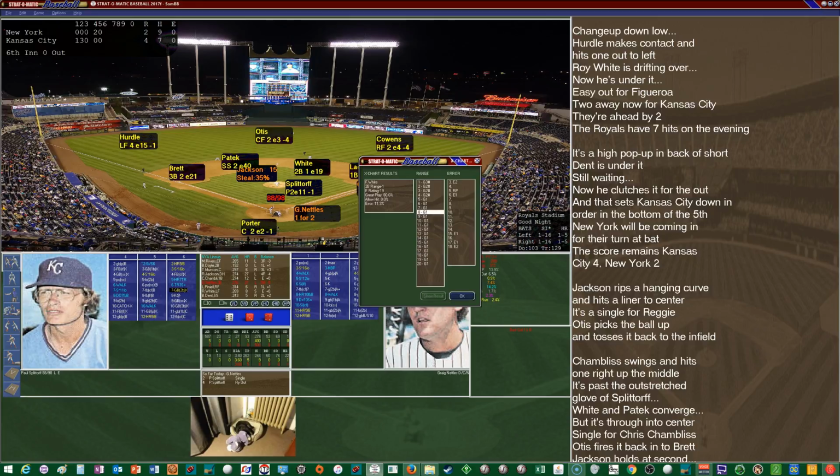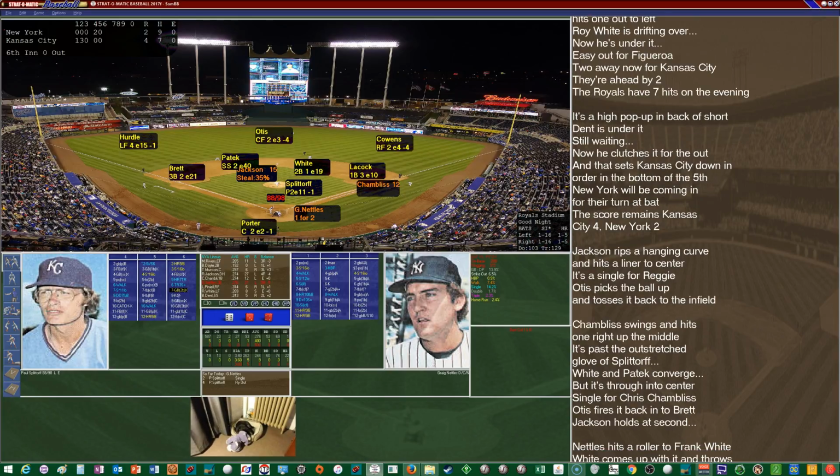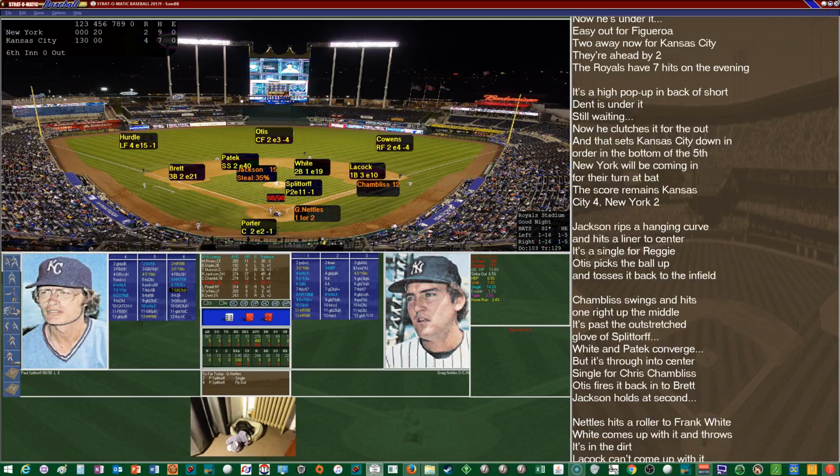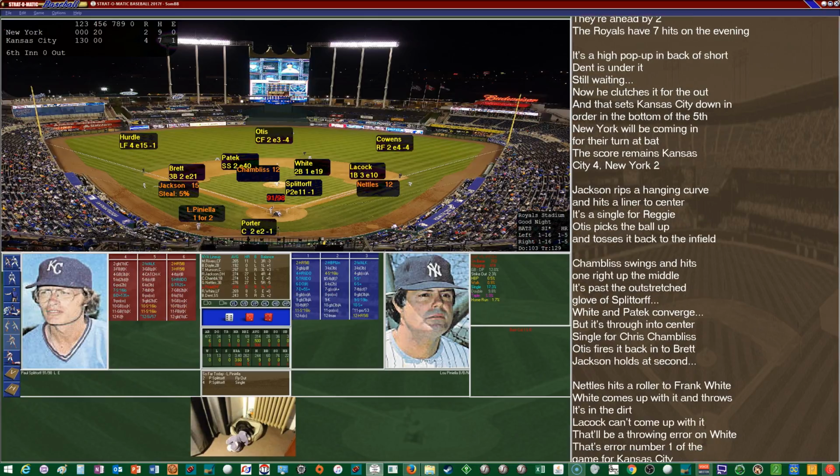Range check on White. White, excellent range. Gets to that one. Oh, and he's going to boot it. And he throws wildly. It's in the dirt. And that'll load the bases with nobody out. Ooh, so the Yankees threatening to